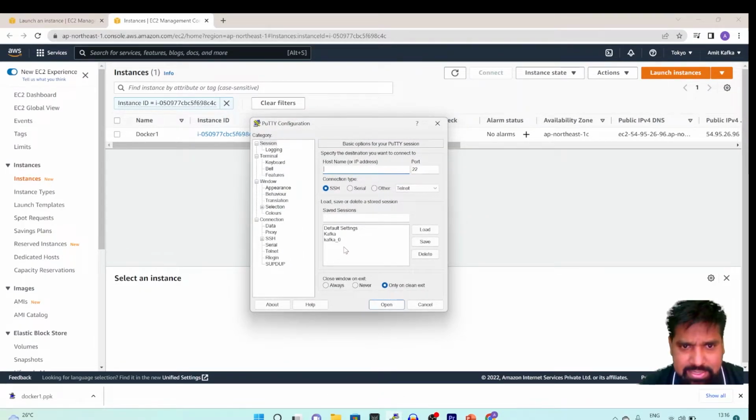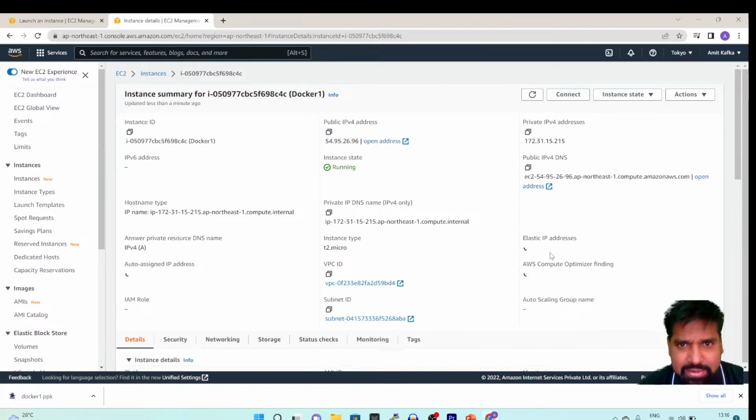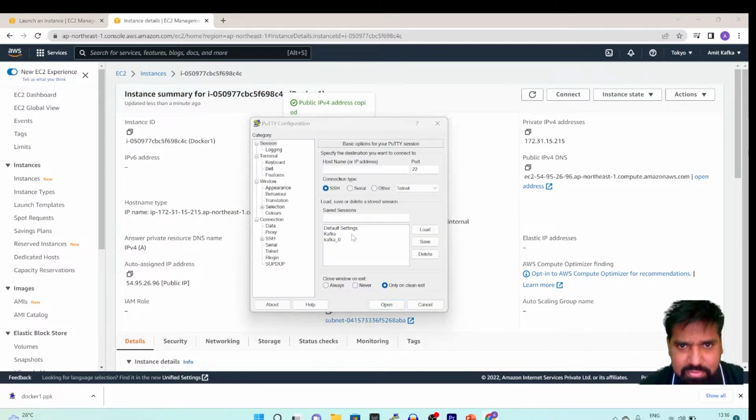From this place, if you remember, we have to put the IP address, save it with a name, and then attach the ppk file from this location. So let's do the same thing out here. Our IP address this time is this one. I just saved it with the name docker1,